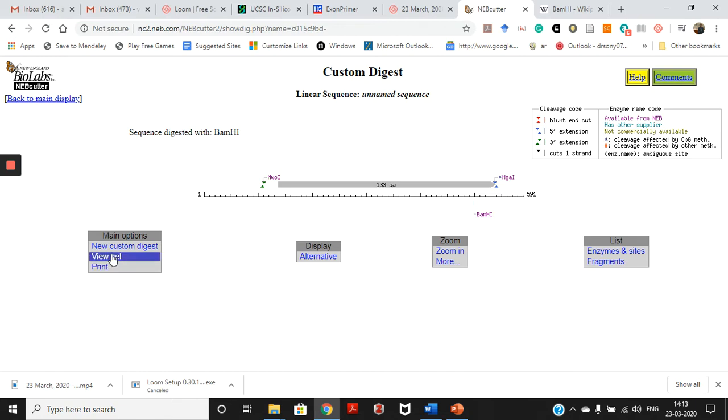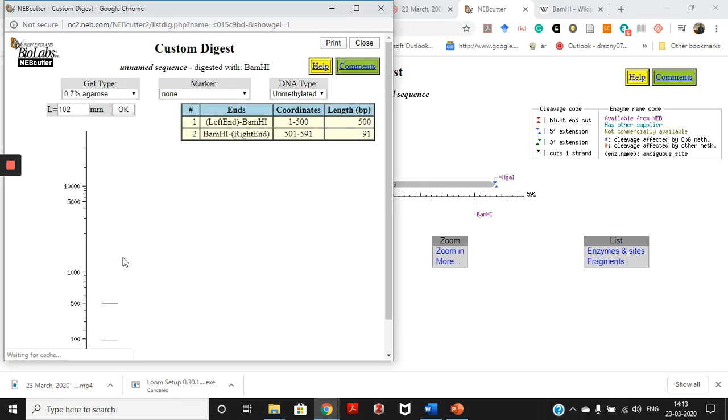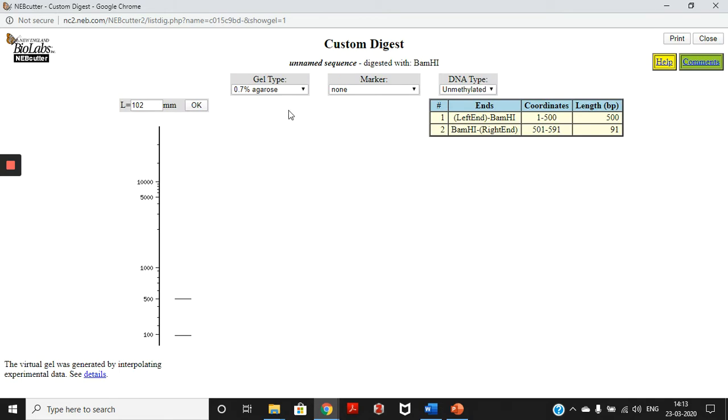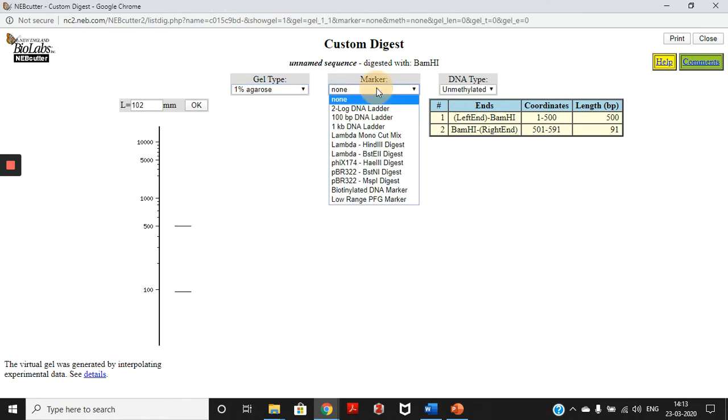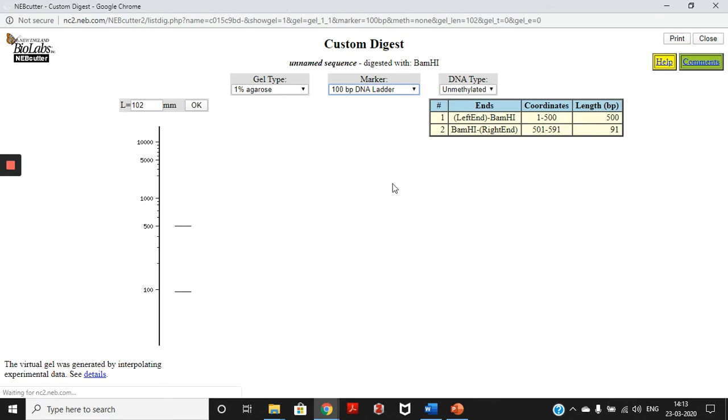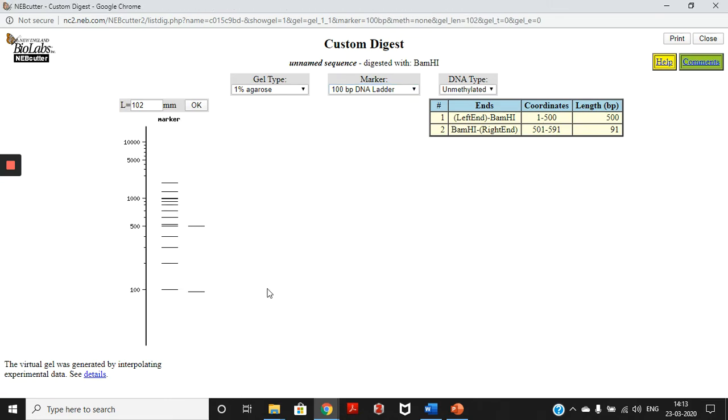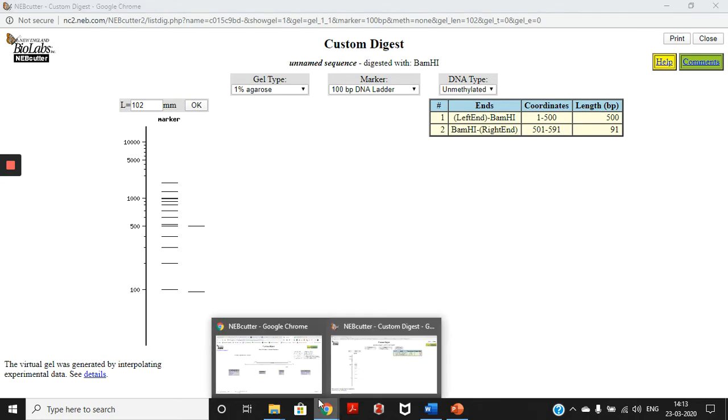So after digestion, how will the products look? We see the gel picture. We want to make it a little higher percentage of agarose, 1% agarose, and we put a marker under display DNA ladder. Okay. So this is 100 base pair, this is 200, 300, 400, 500, 570, like that. Okay, 600. So this is one fragment that is coming at 91, another is 500. So the sequence where BamHI had digested the DNA,